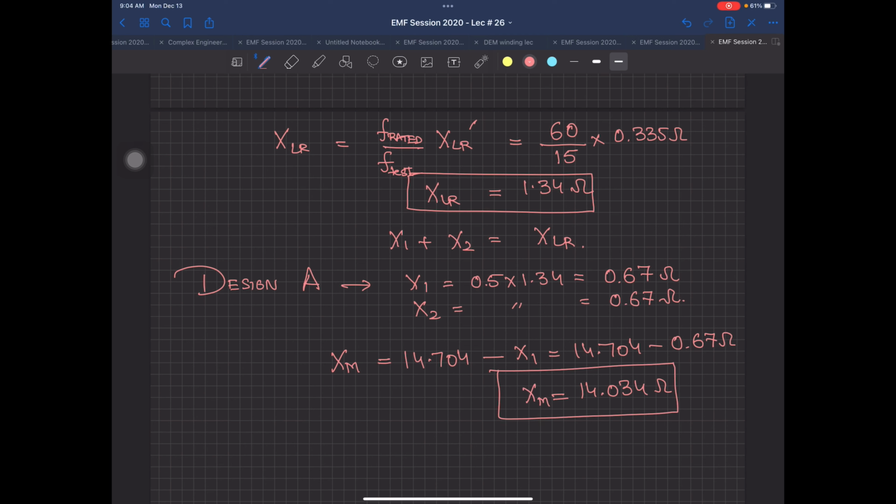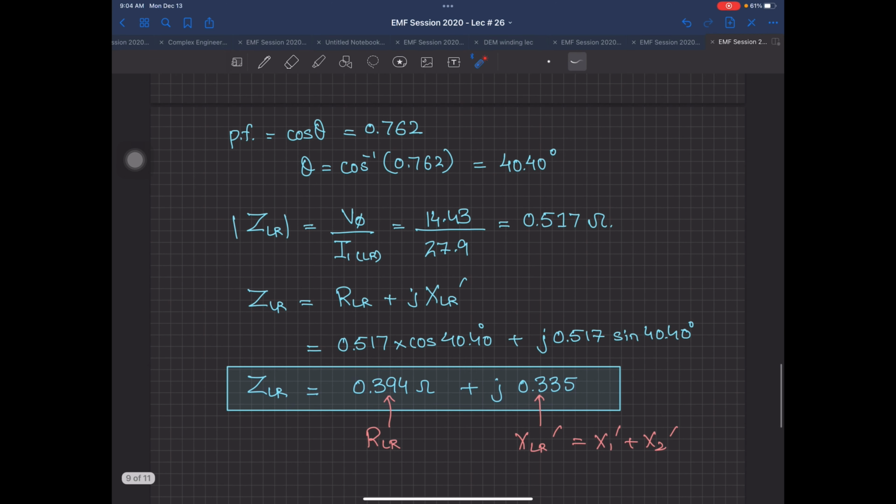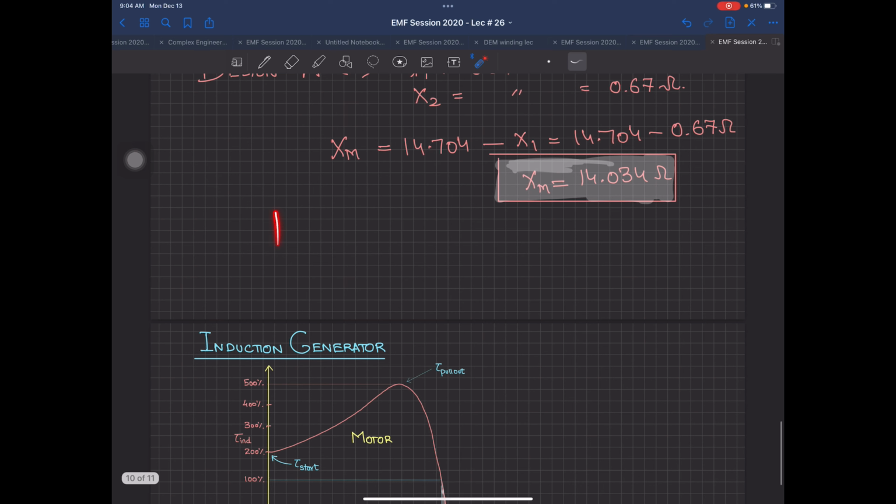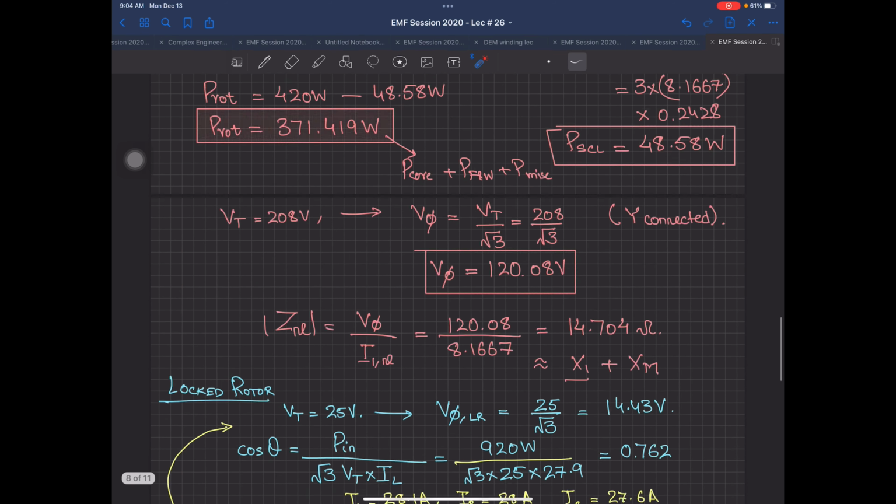So you have this value. One thing very important: every time you do a numerical, have a habit of making a box around the values, or if you have time, copy the end results, actually the RLR and all that, at the end of your numerical. So if your whole process is okay, I can just see the end result and you can be given marks. At the end, you can just write all the values you have found out. So this is your numerical.